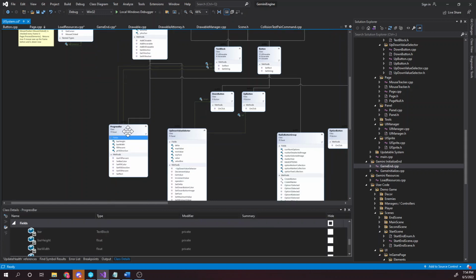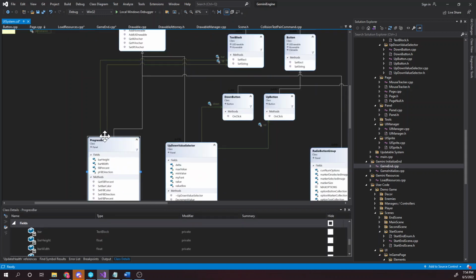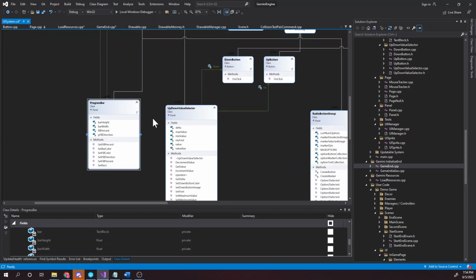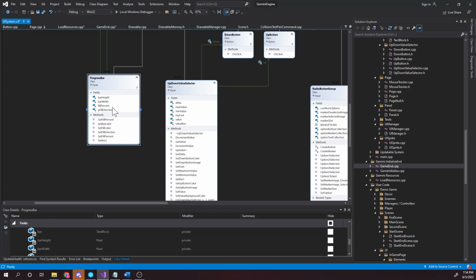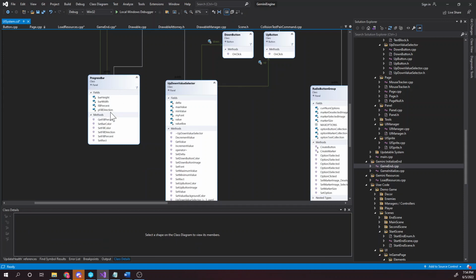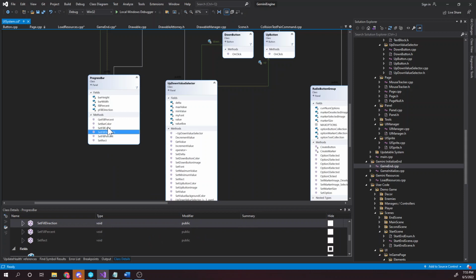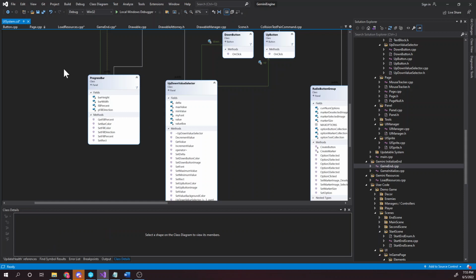are engine level. So progress bar is just a combination of, you can follow these things, it's a combination of 2 text blocks, which is the bar and the fill. There's no text in them, but they're the rectangles, the different color rectangles. There's the background bar and then the sliding bar, I guess. I call it the fill bar. And so you can do all these different things. You can set the rectangle of the whole thing. You can set the fill percent. You can set the fill direction, set the fill color, set the bar color, or get the fill percent. So this is just a progress bar and functionality that would be helpful for a user to have for a